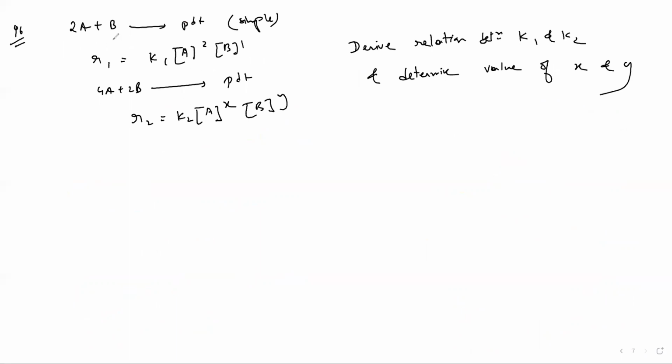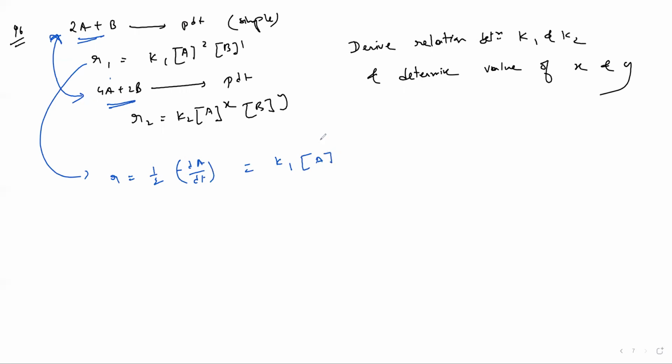In this case, A plus B converted to product. Now here nothing is given. What is changing? What is the difference between these two? It's just that stoichiometry increases by two times. In this case, stoichiometry is 2A plus 2B. In this case, stoichiometry of reactant is 4A plus 2B. So stoichiometry changes by 2 times. So from the first equation we can write rate equals 1 by 2 minus dA by dt. This one is given K1 A square